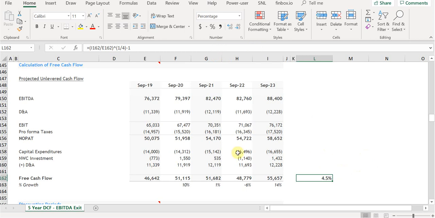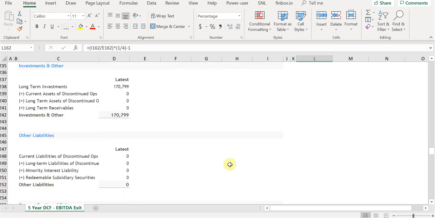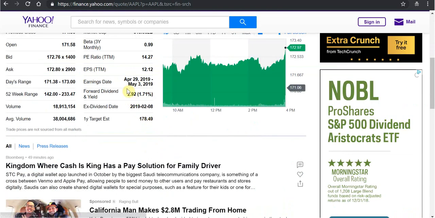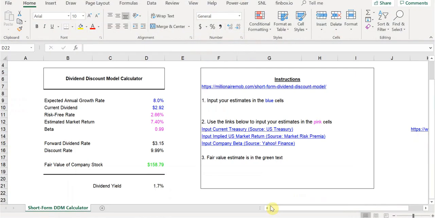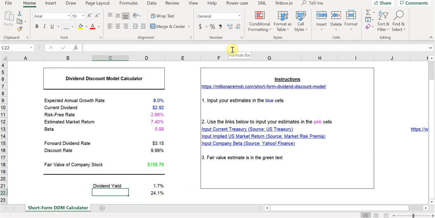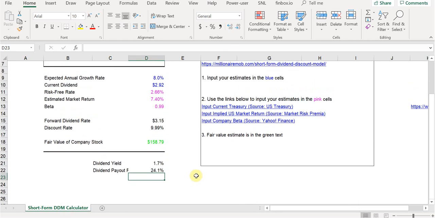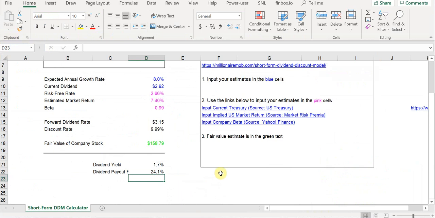4.5%. Maybe 12 in terms of EPS. So payout ratio of 24%. So that implies,